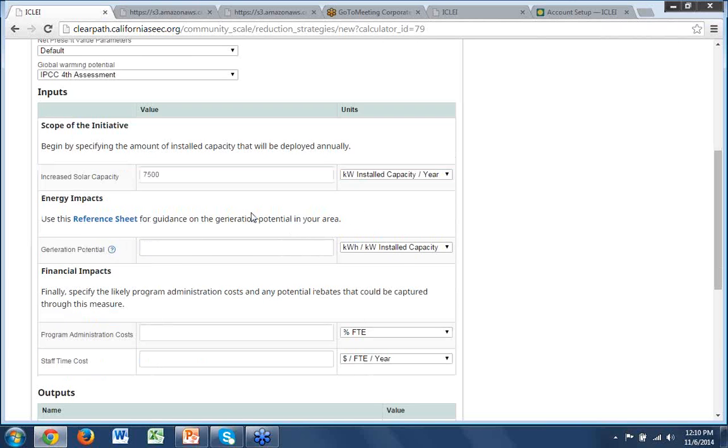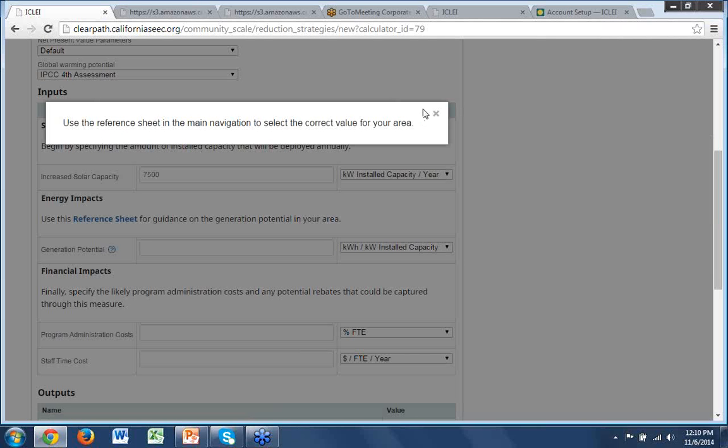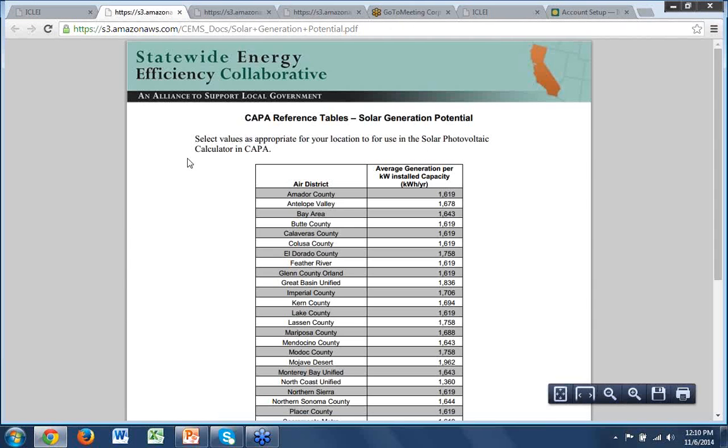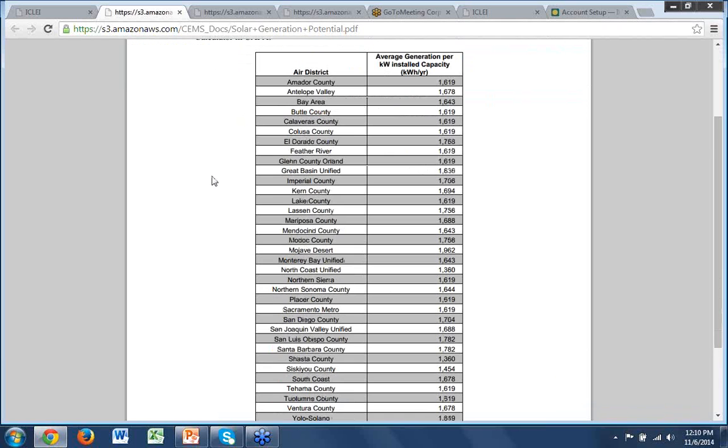So again, the energy impacts deal with the generation potential of the entire community, and that is always based on the Air Resources District estimation of the amount of sunlight that hits your community in a given year. So if we want to click on that, it'll give a little explanation about that. But if we go to the reference sheet, this actually takes you to our SEEC CAPA reference table for solar generation potential. And based upon the air district you're in,